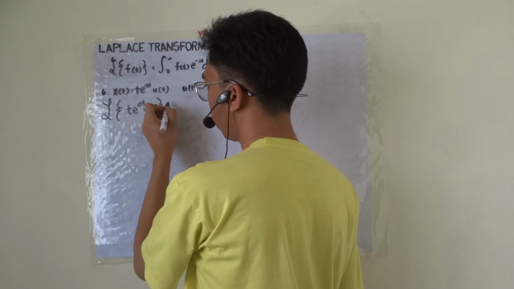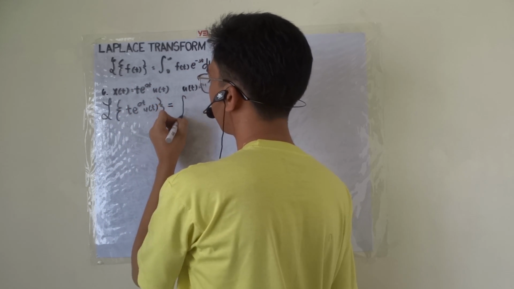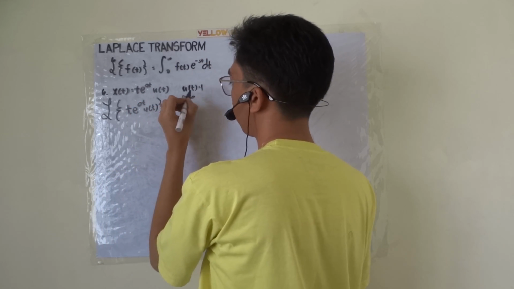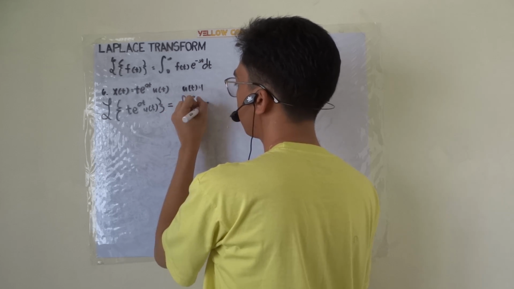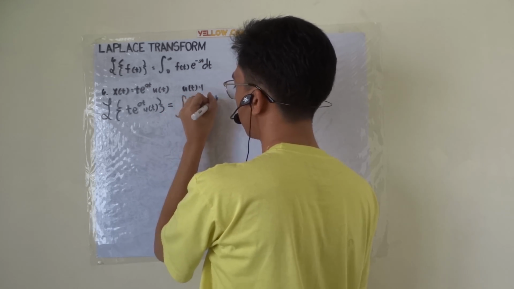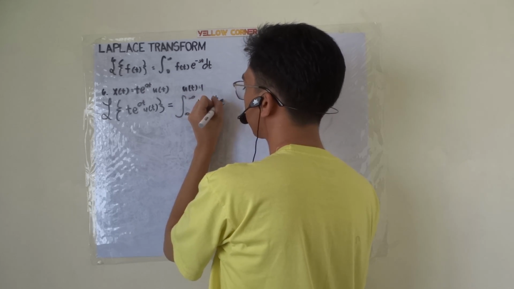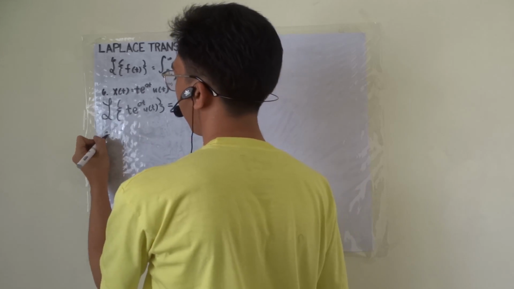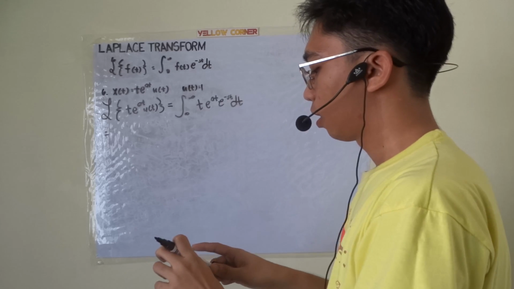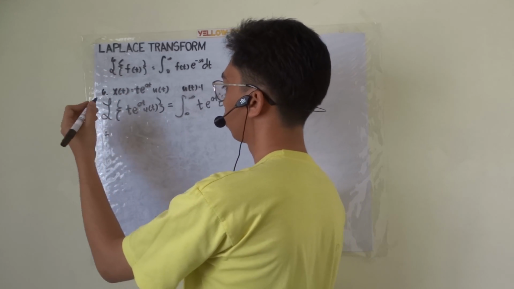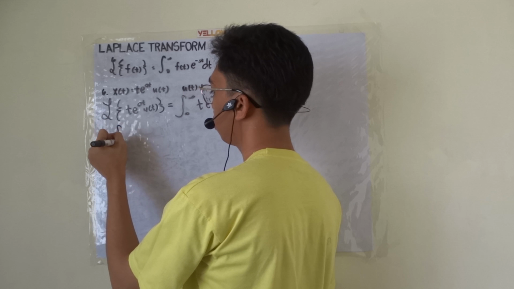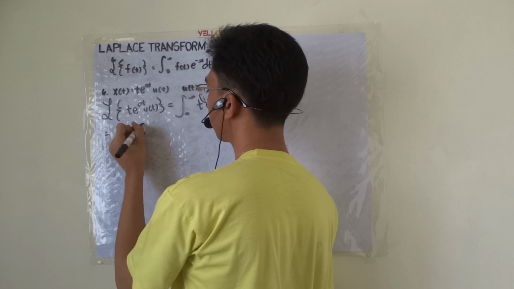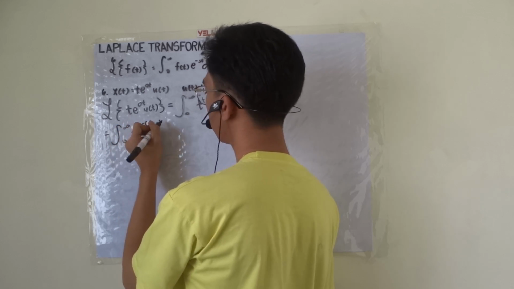equals the Laplace transform of t times e raised to at times e raised to negative s t dt. Simplifying our improper integral, combining like terms, by the law of exponents, we have t times e raised to negative s minus a times t